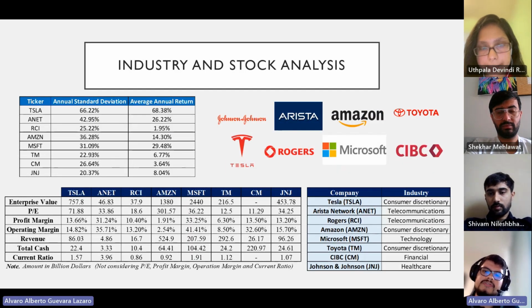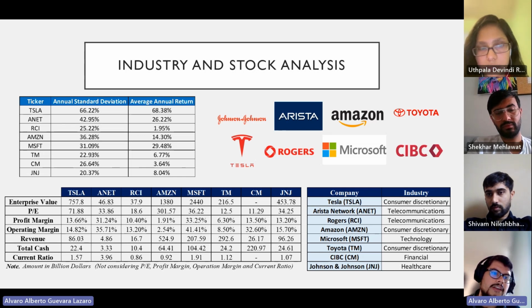Now let's see the industry and stock analysis. Here we can see all the companies that are going to be in the portfolio. The first company is Tesla with an annual standard deviation of 62.25% and an average annual return of 78.38%. These are really high in both cases. So Tesla has high volatility in the prices, but also a high return,